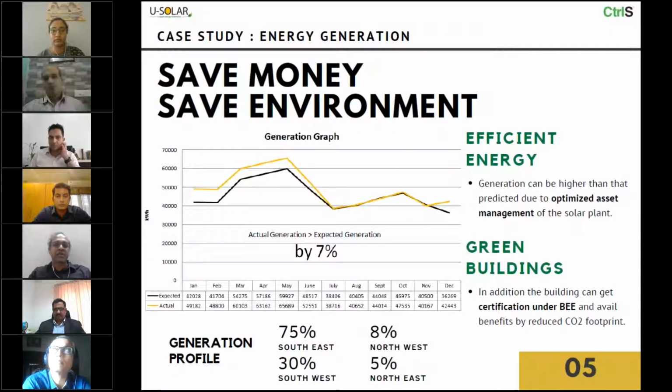In terms of generation, this is actually live data which we tracked for a year. The south, southeast and southwest facades were much better than the northeast and northwest facades, and this is not surprising given that we're in the northern hemisphere. And so it makes sense to put solar on your south facing facades.